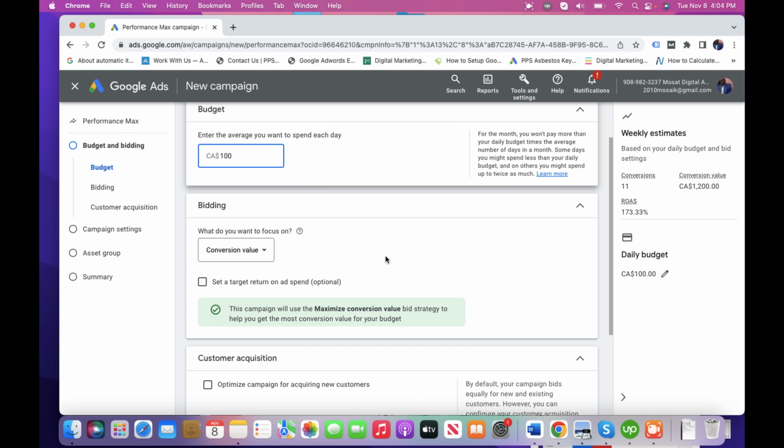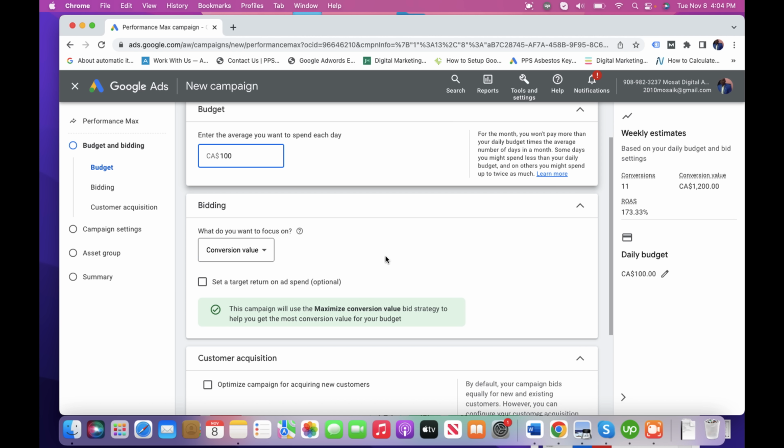Is a product worth $1,000, or $100? So when you bid using maximize conversion value, it helps you target the value of each product on your website. You can see already that by default I have conversion value, so I'm going to leave it like that, but